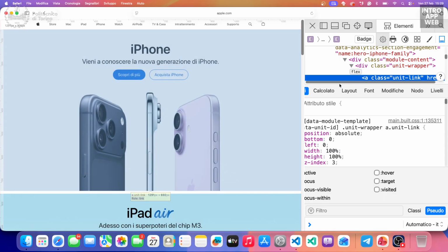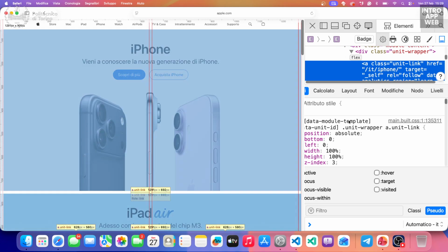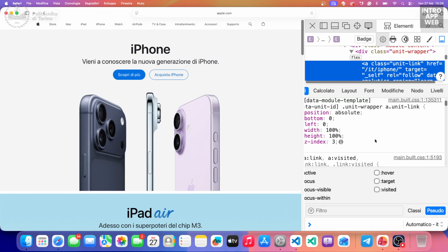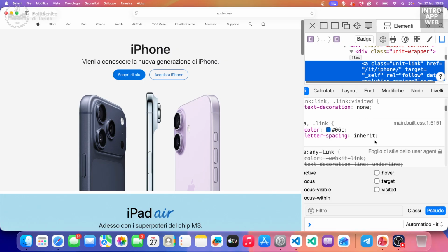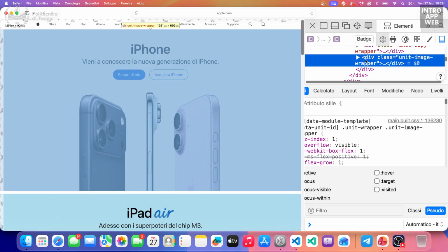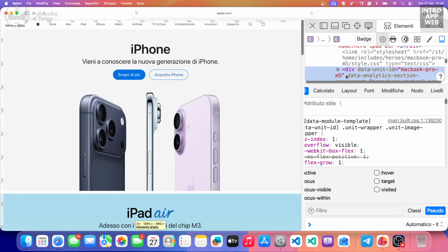So here, for instance, for this element, the CSS that is being applied is this one, no? These are the CSS rules that are being applied to that element. Of course, it is a lot more sophisticated and complex than ours, but it's the same syntax, the same concepts, and it is the same way it behaves, okay? So once again, if you are curious about seeing how a website is built, you can just inspect the website, and for each element,